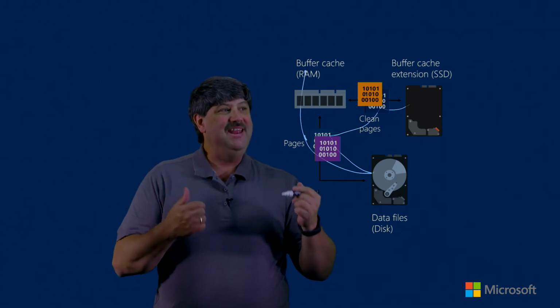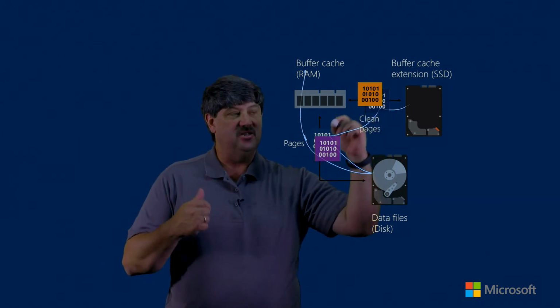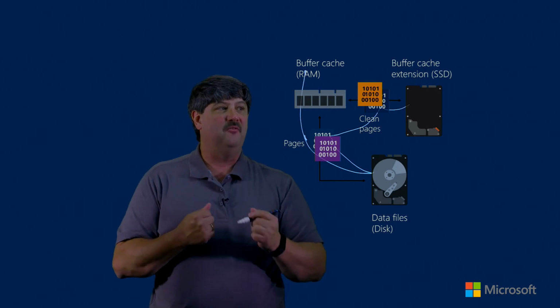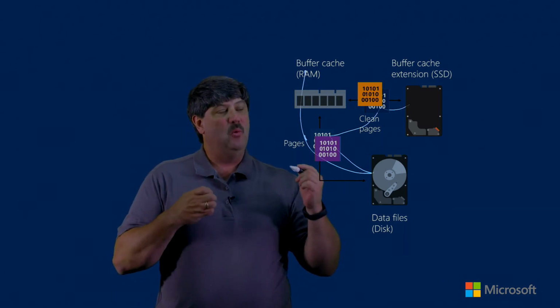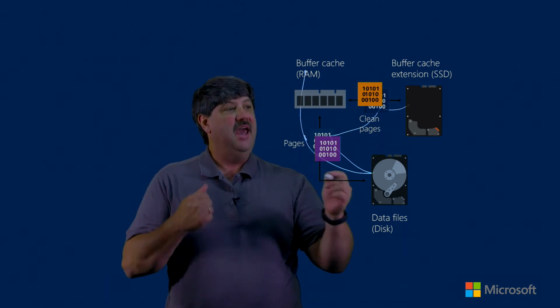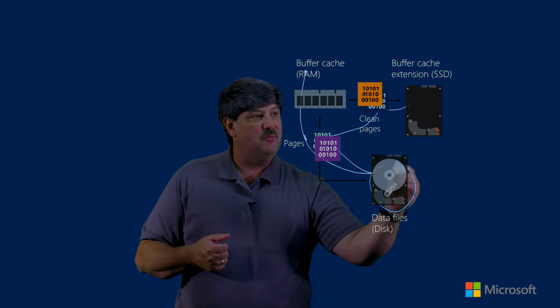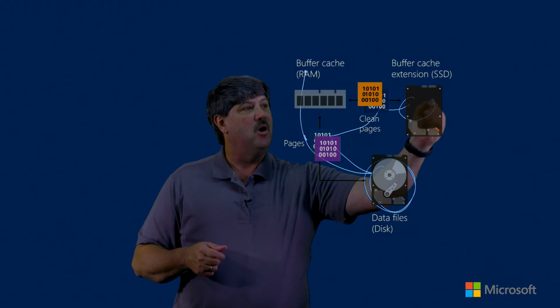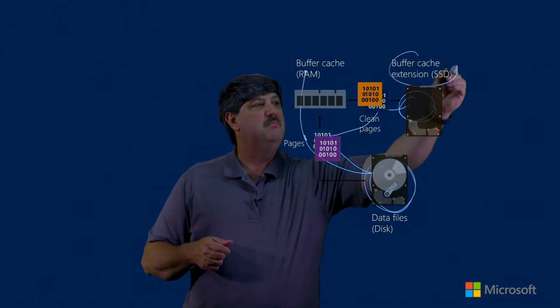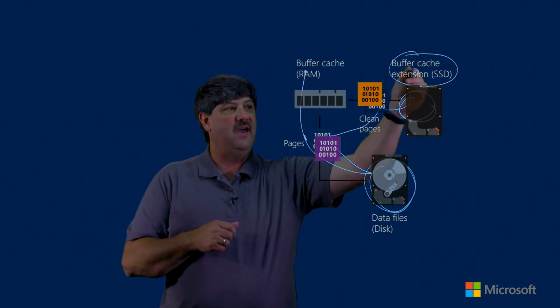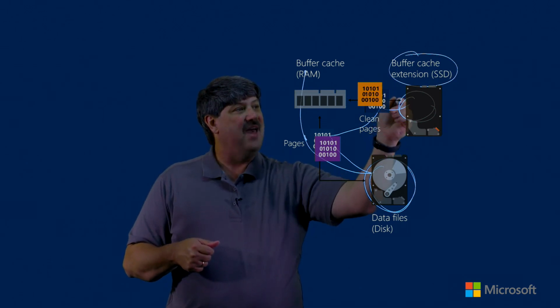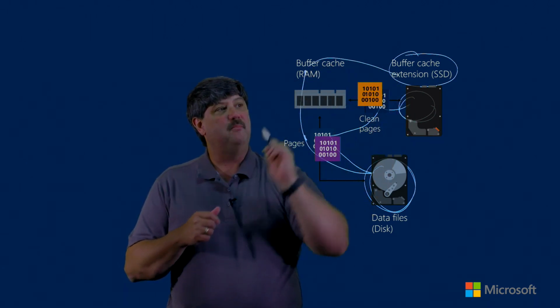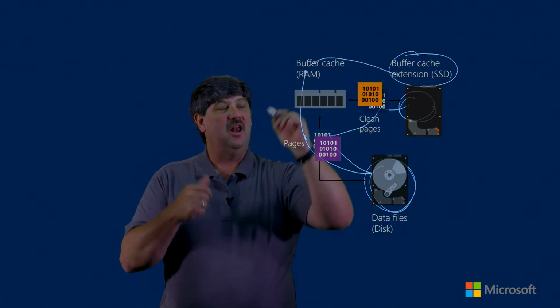When we need that data, these clean pages, and they have to be clean pages, these are unmodified pages of data, when we need to modify that data, instead of having to read the data from this slow disk down here, we can pull the data from over here where we have this much faster extension that's running off of SSDs, and we can bring that data in to the buffer cache,